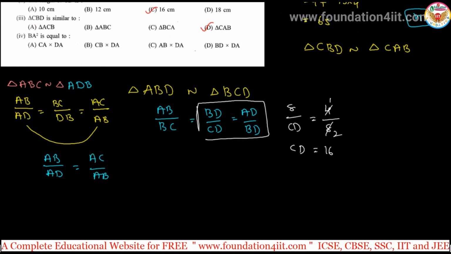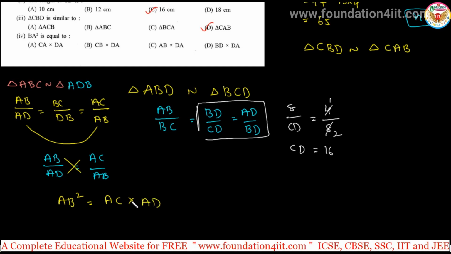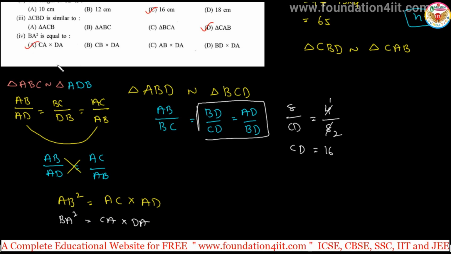Do cross multiplication: AB into AB, AB square is equal to AC into AD. AB or BA both are the same, because they give BA square. So AB whole square or BA square. The distance from A to B or B to A is the same, A to C or C to A, or A to D or D to A, it is the same. So CA into DA. This is one. Right? Just go through the particular triangles, see which two triangles are similar, and based on that you can do it.